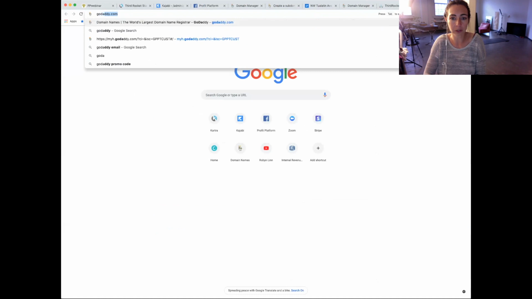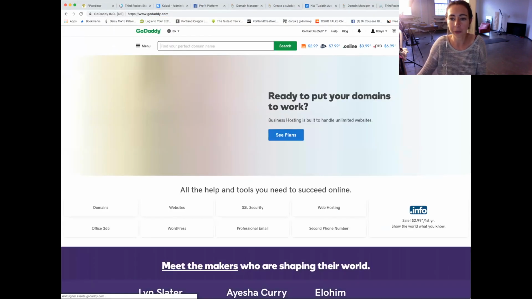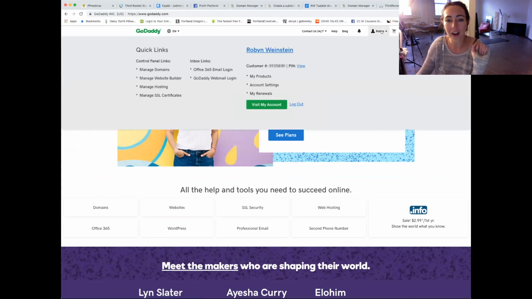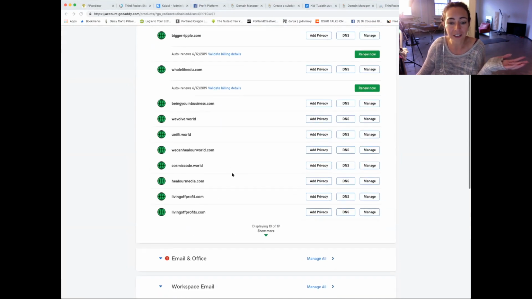Let's go to godaddy.com. And here we are. You're going to log right in and visit your account. And when you're in your account, as you can see here, are all of